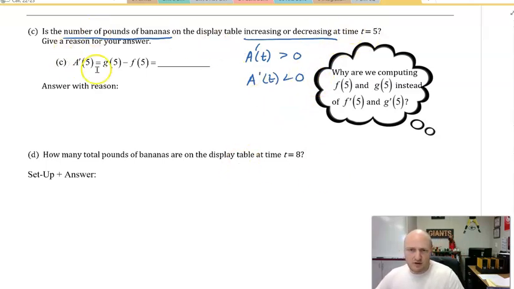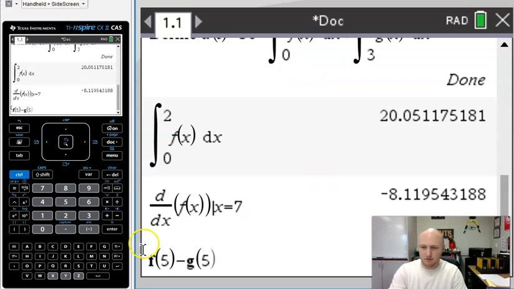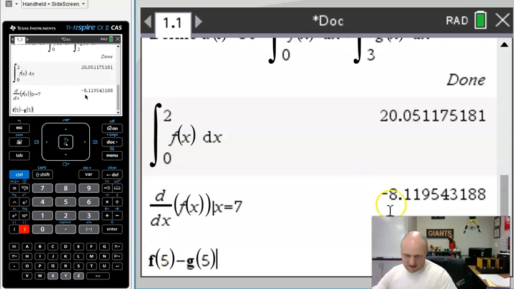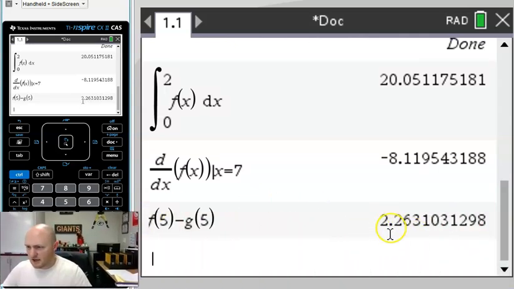So over here you can see we've already defined this. This is A prime of 5, which is equal to g of 5 minus f of 5. Okay, so I'm going to compare this in my calculator. So let's enter f of 5 minus g of 5. Are the bananas, are the number of pounds increasing or decreasing? Well, I'm considering the rate in and the rate out. I go ahead and hit enter, and we get